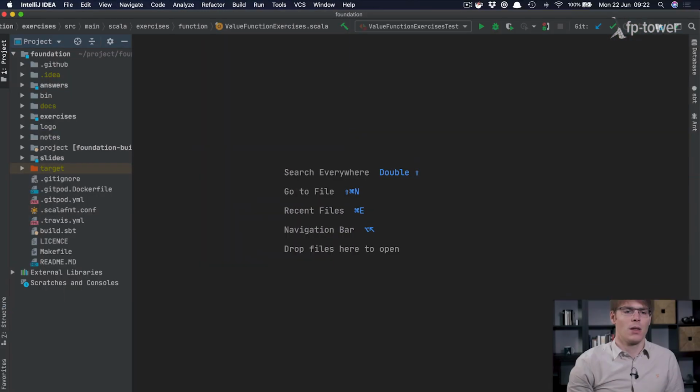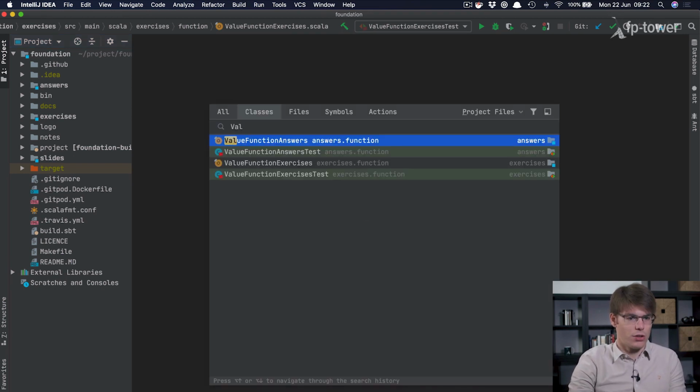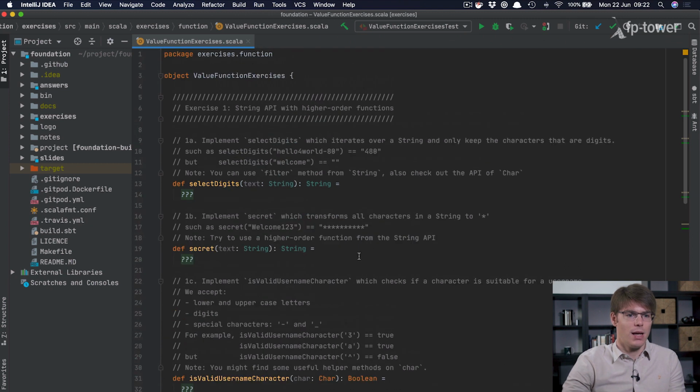Okay, so now we're going to go through the questions one by one. First, I will briefly explain the objectives, and then I will give you some time to answer each question and write tests. Finally, I will propose a solution and discuss various refactoring options. Sound good? Okay, so let's open the file value function exercises, and we're going to work on the first exercise